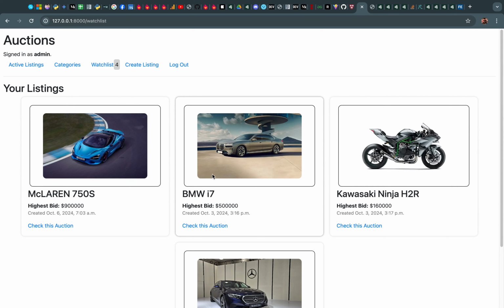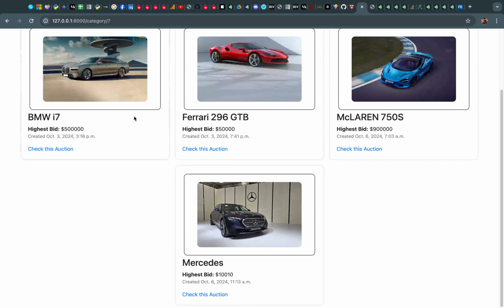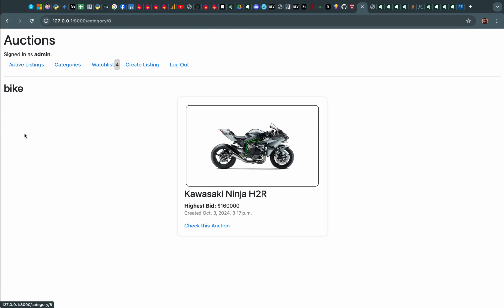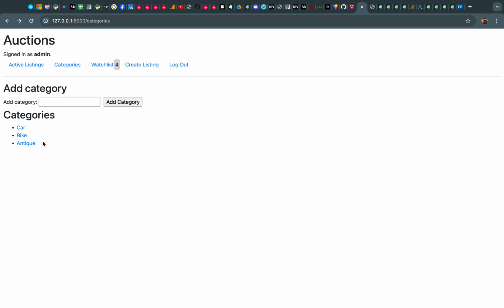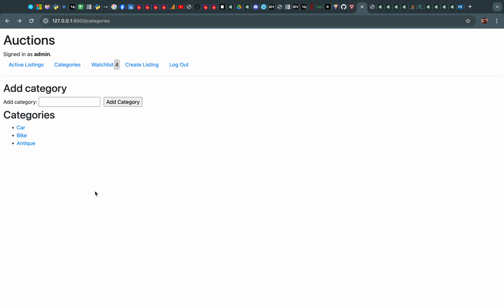And the sixth point says there is a categories page where we can see all the available categories like car, bike, antique, and the signed in user can also add more categories into it. So let's say we get into car to see all the listings for the category car, and so does bike, and same for antique. And now the last and seventh point states that